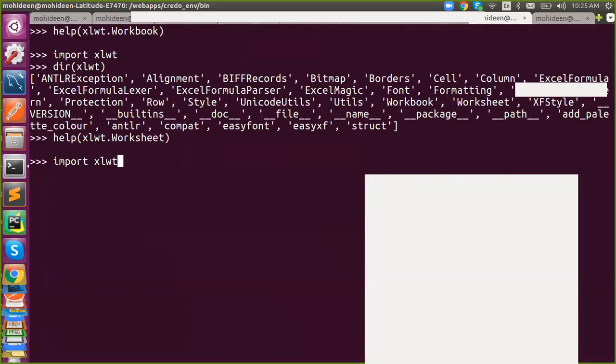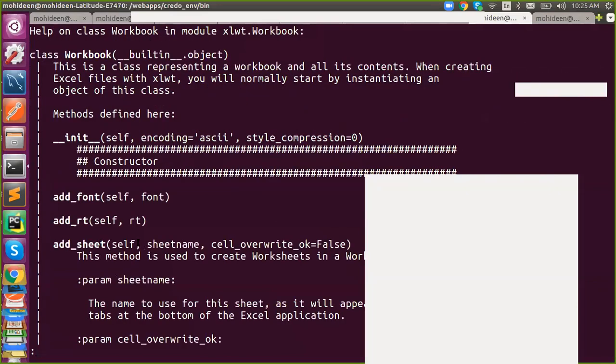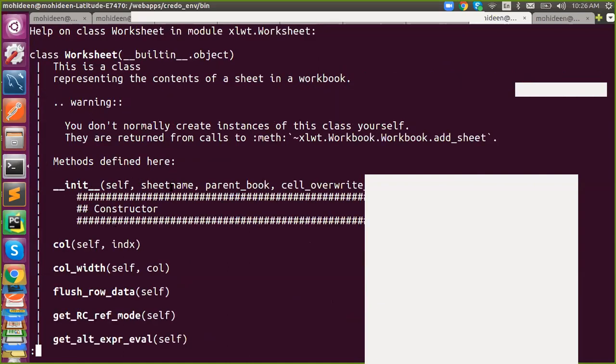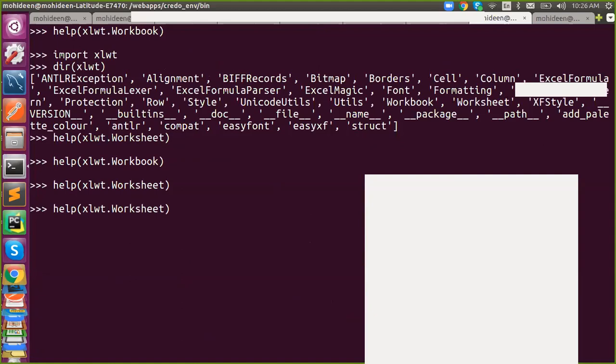Okay. So we can go with this method, the Workbook, and there is an attribute called add_sheet. Got it? So here you don't need to pass anything for the workbook. It will actually create a class. That's it. And for a sheet alone, you need a sheet name. Okay. So what you have to do? Say xlwt, or as they said, a worksheet. You can go with this method. So here we need to pass a sheet name. If you don't want the workbook, you can go with the sheet name.